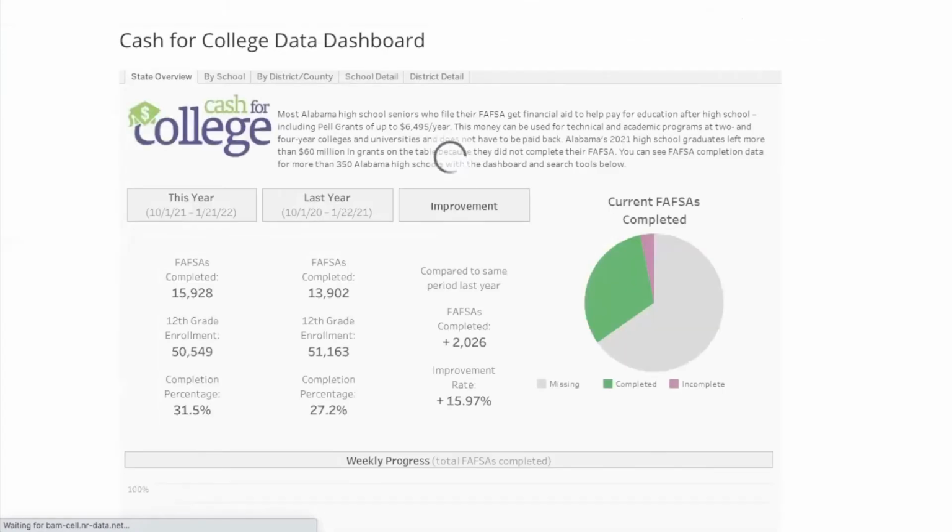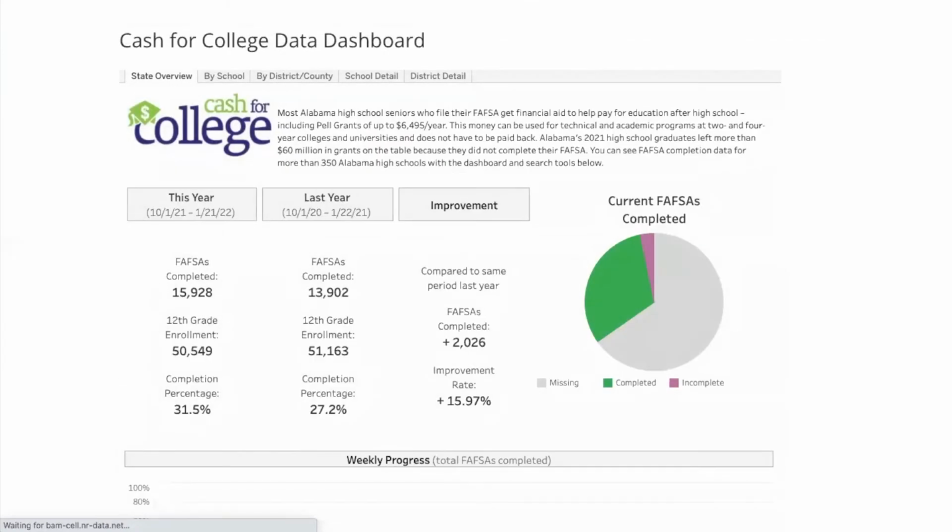So this can be found at alabamapossible.org/dashboard. And on the dashboard, you're able to access school-wide data. This dashboard is updated weekly throughout the FAFSA cycle, so from October 1st through June. And it's a great way of seeing how your campaign is progressing.